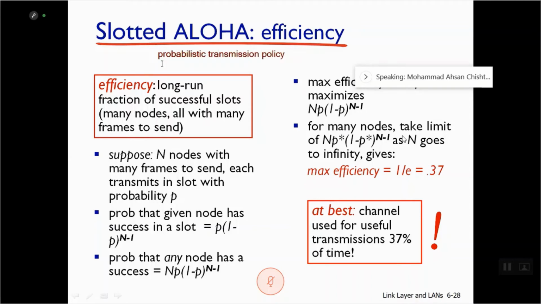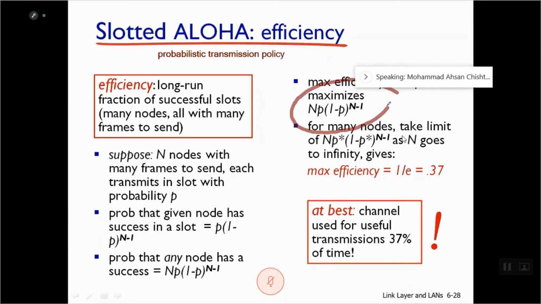Transmission policy. And what is this probability? It's like the slots that were empty because many active nodes who wanted to transmit refrained from transmitting because they had faced a collision. So they randomly waited for some amount of time. This is based on a probabilistic transmission policy. And now we have n nodes and each transmits in a slot with a probability of p. Based on this, we will get this